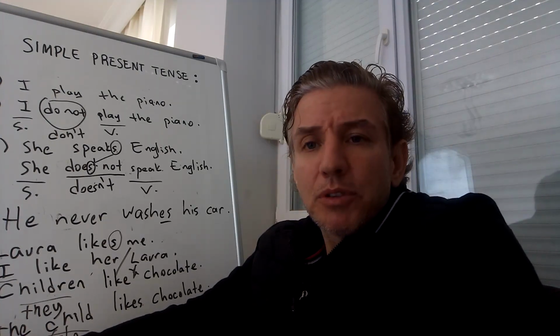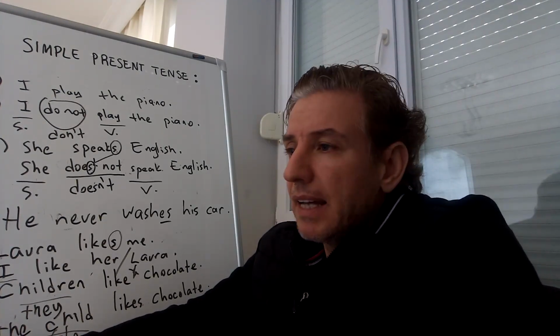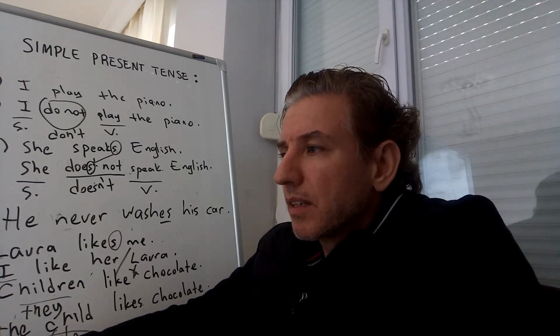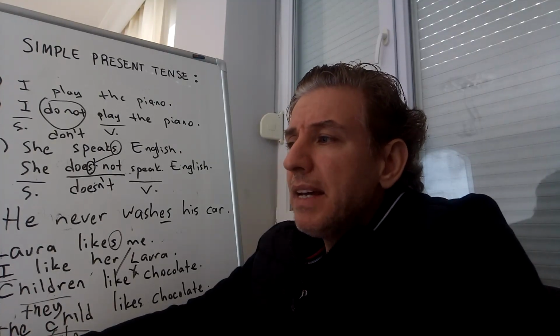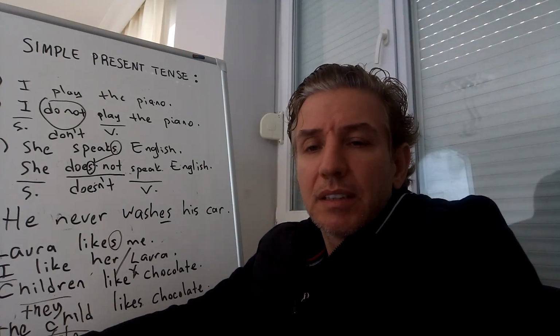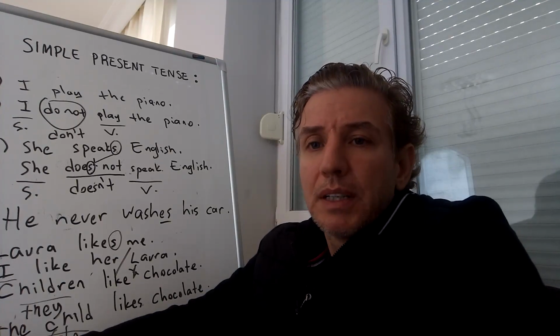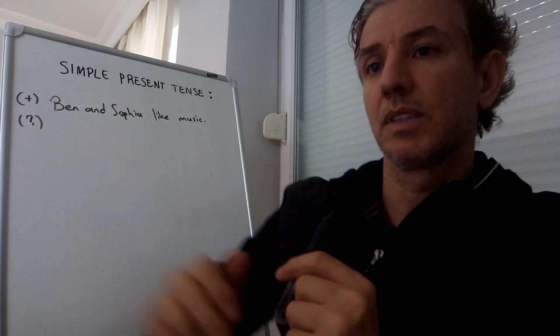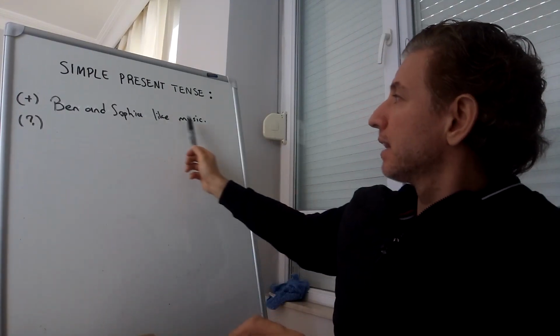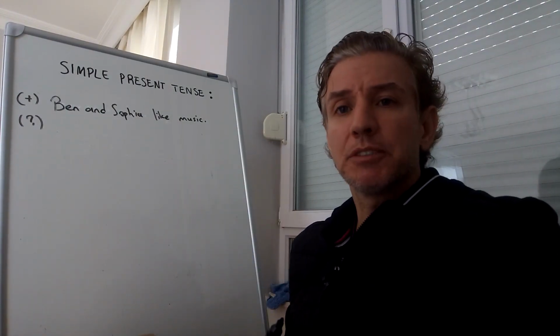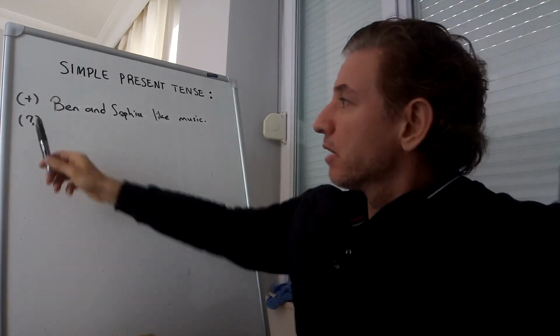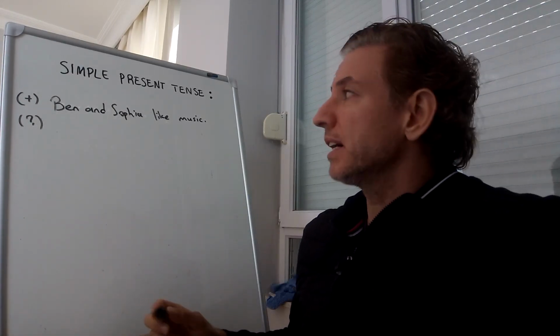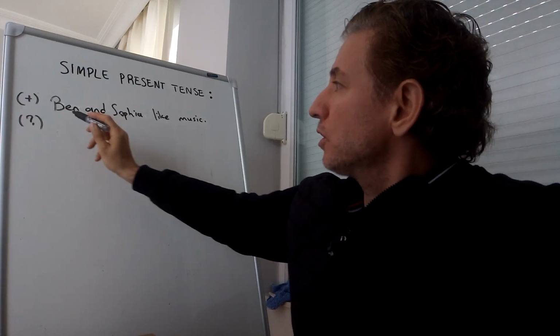Now let's come to questions, okay? For example, Ben and Sophia like classical music. Let's transform this verb into a question, okay? Ben and Sophia like music. Let's transform this into a question. First, a yes-no question, okay? So, first we use